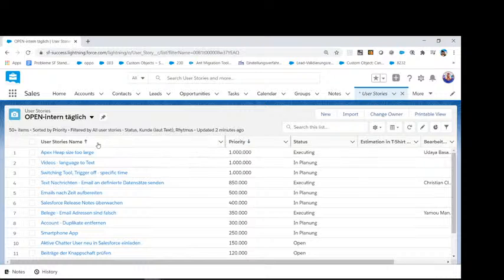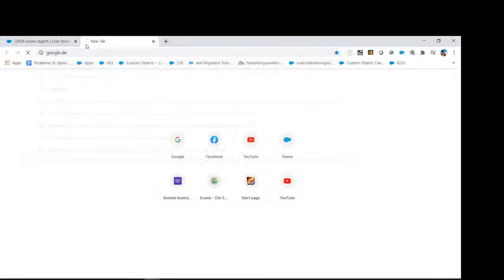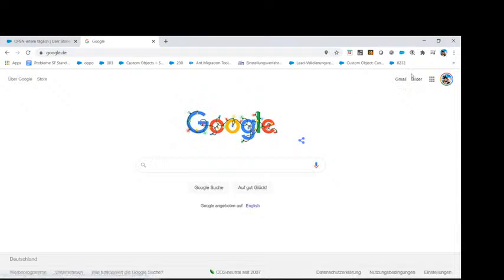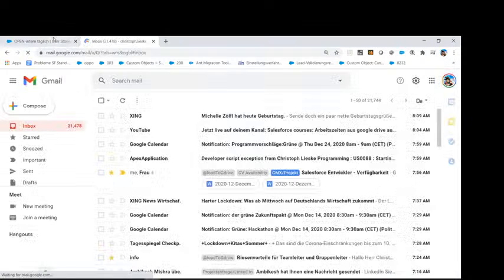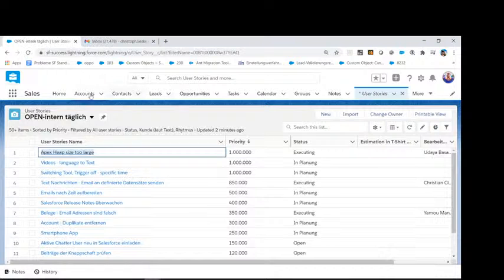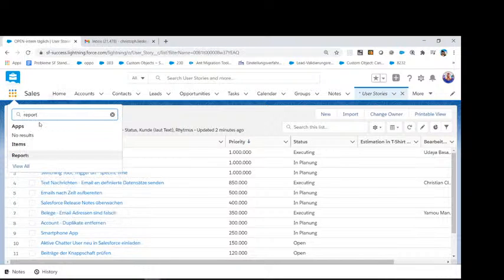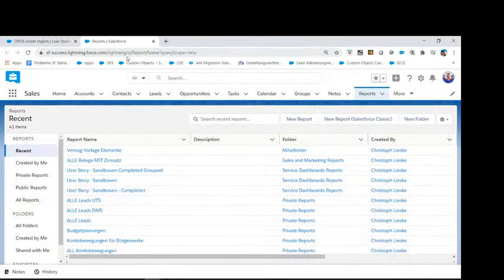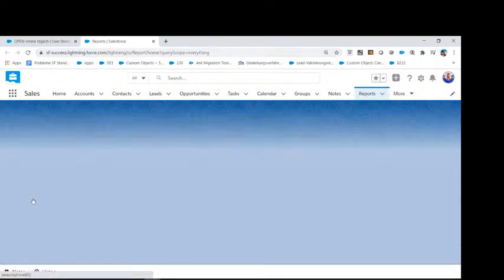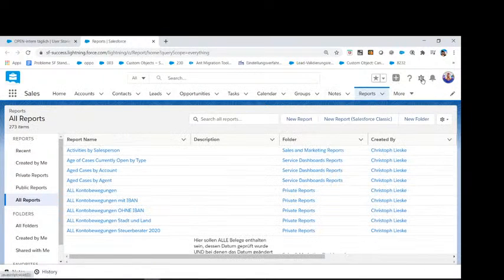Heap size too large. Let's say we are going for the heap size too large, because I'm not sure what is better, to go for the switching or to go for the heap size. And so what I'm gonna do, I go to my emails, and also in the system we have the heap size too large. Let me see, I will go for a report because all the emails that are coming into my system are also going to Salesforce, and that is why I should go for them.